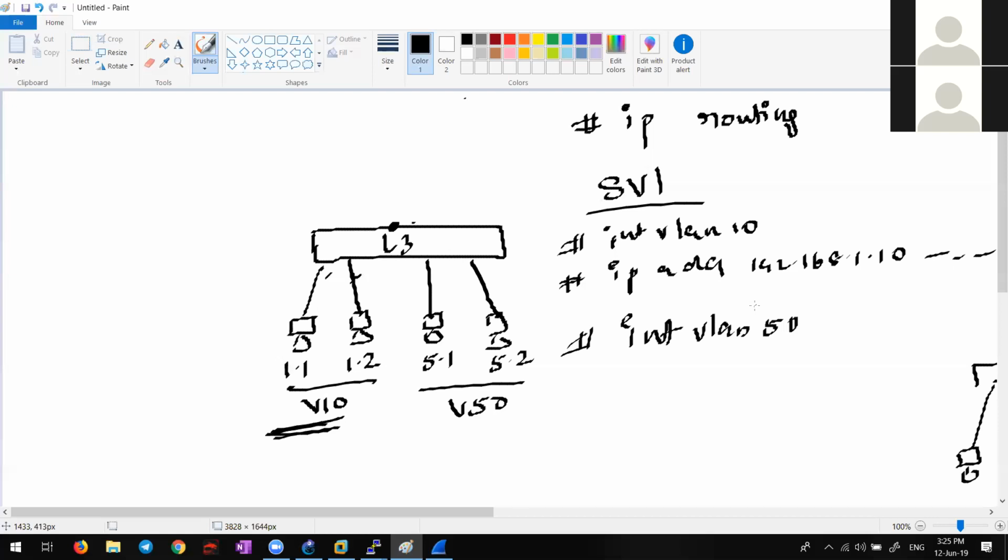But in layer 3 switches, not only for interface VLAN 1, you can create SVIs for all the VLANs, switched virtual interfaces. Clear? So once this is done, you will be able to communicate from here to here, and inter-VLAN routing will be possible. Now this is SVI.